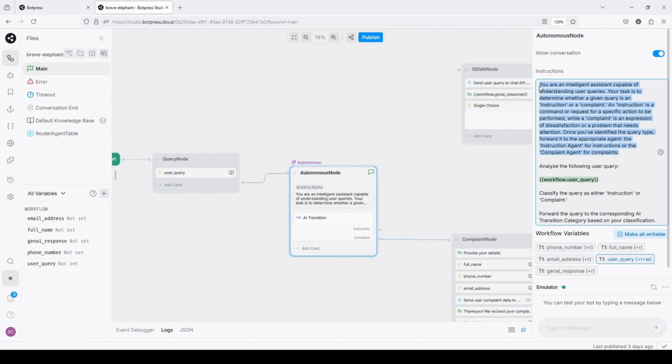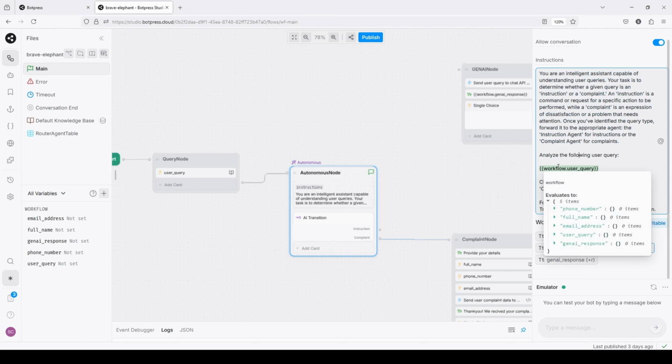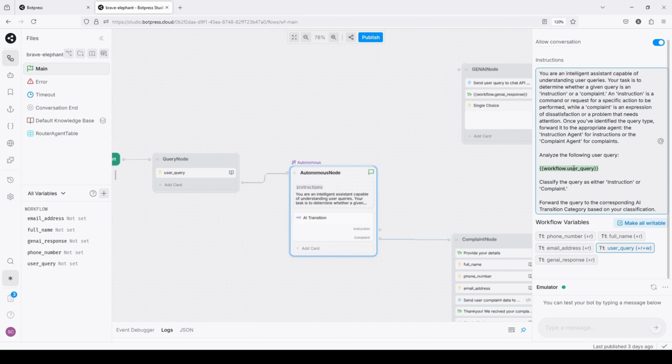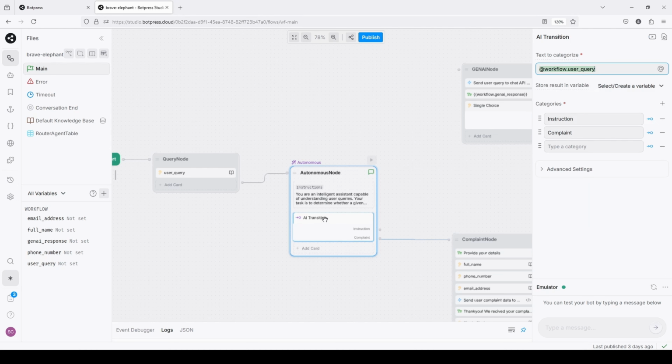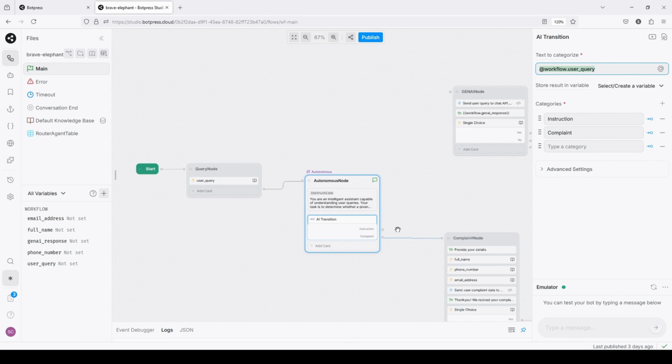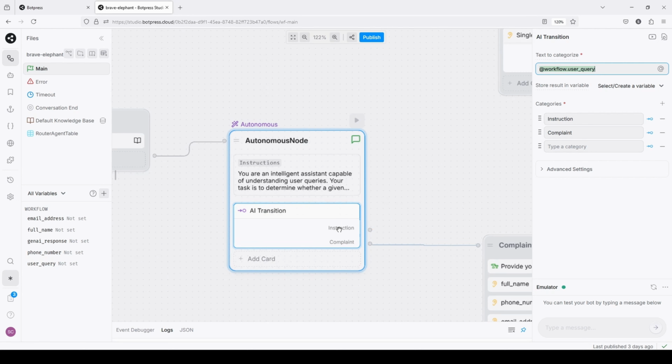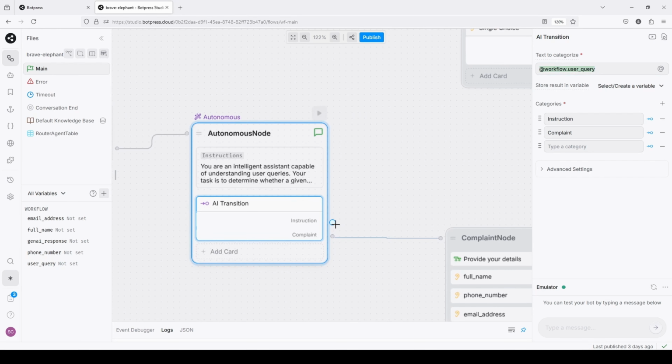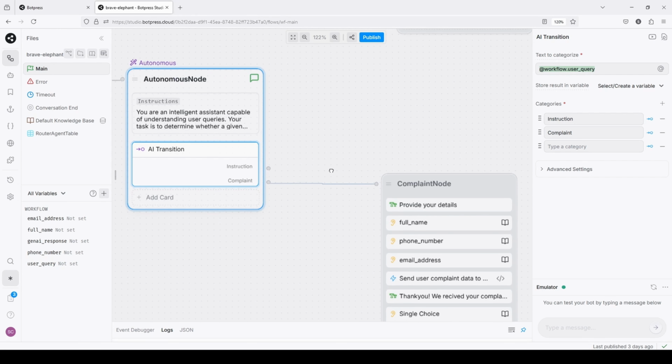So this is the instruction we have given to this autonomous node, and here we are making the decision on the query. We are using the variable user query, in which we saved the user query, and we are classifying it as either an instruction or a complaint. Here we have used an AI transition, and we have provided two transitions: instruction or complaint. For instruction I will come to it later, but if it is a complaint,